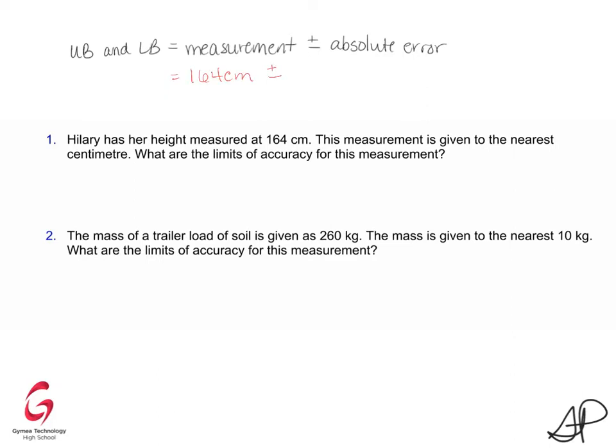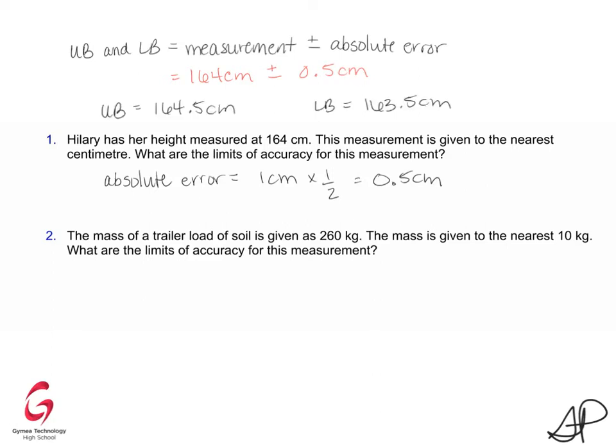And our absolute error, that was our precision multiplied by 1/2. For this question, they're telling us that it's given to the nearest centimeter, so that means that our precision is 1 centimeter. And 1/2 of 1 centimeter gives us 0.5 centimeters. I just plug that into the equation up here. Now our upper bound and lower bound will be 164 plus or minus that 0.5 centimeters. You should get that your upper bound is equal to 164.5 centimeters and your lower bound is equal to